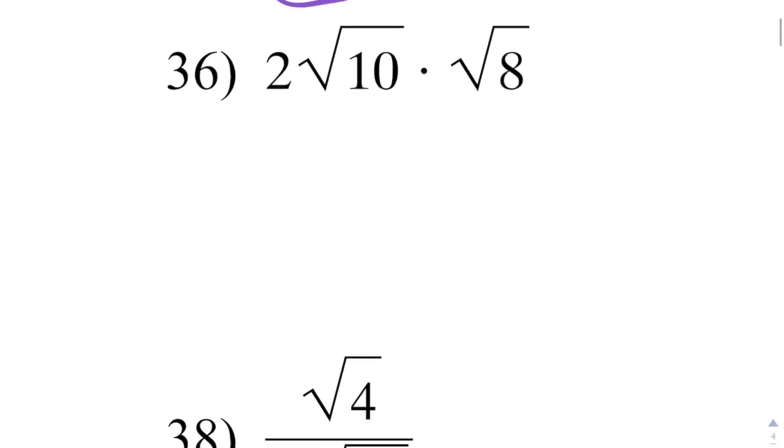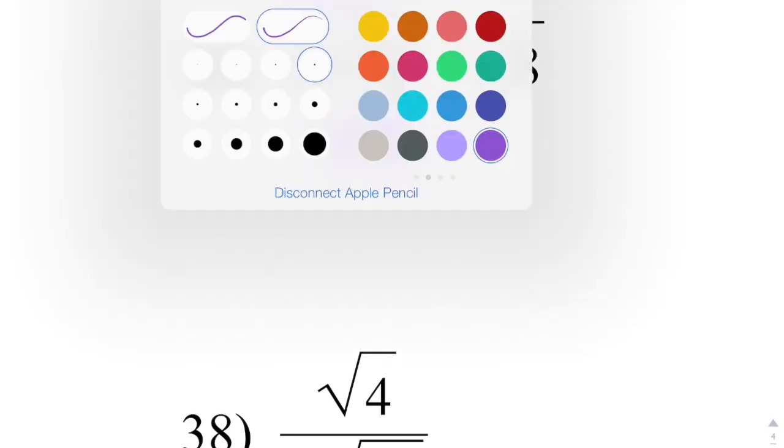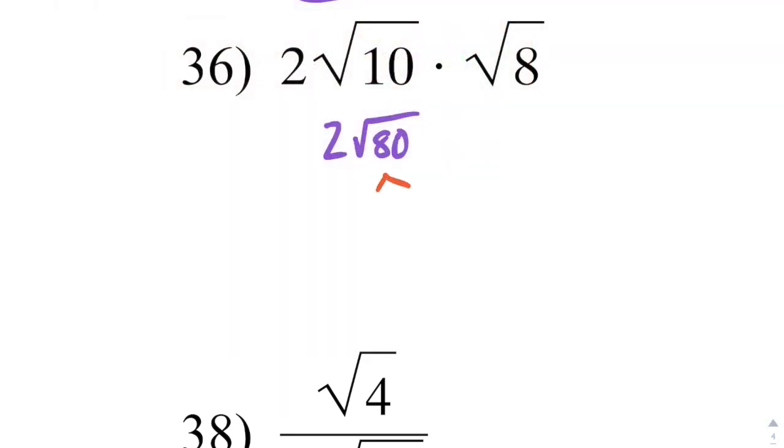36. We have 2 square roots of 80. Clean that up. And I'm going to break that into, I could do, let's see, 40. I could do 40 times 2. I can do 8 times 10. Let me do 8 times 10,